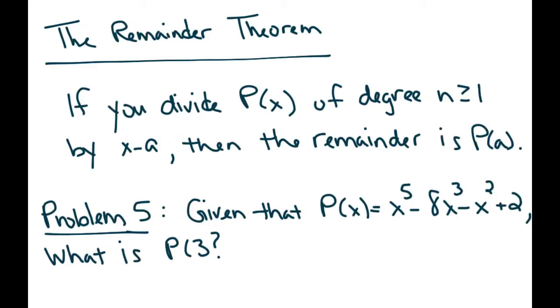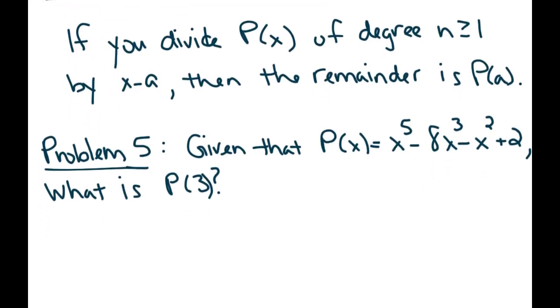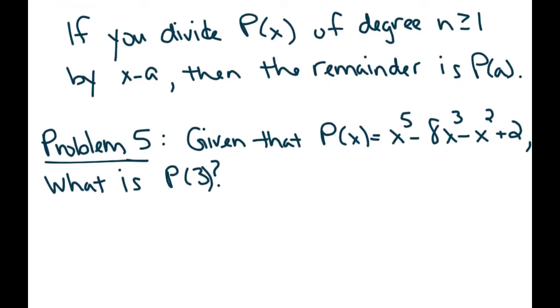When we have a remainder at the end of a polynomial, it turns out that there's another way to find that remainder if that's really all I care about. The remainder theorem says if you divide a polynomial p of x of degree n greater than or equal to 1 by x minus a, then the remainder is just p of a. So, in other words, it says given that p of x is equal to x to the 5th minus 8x cubed minus x squared plus 2, what is p of 3? This is the same thing as asking, what is the remainder